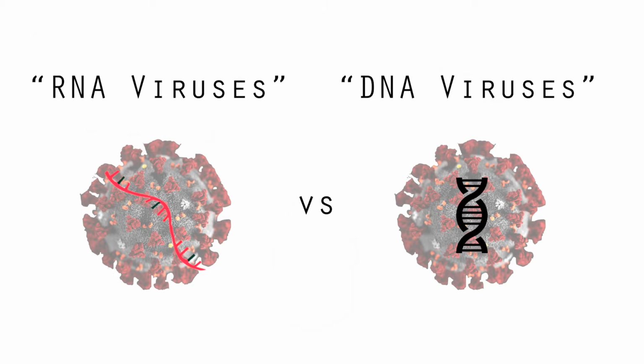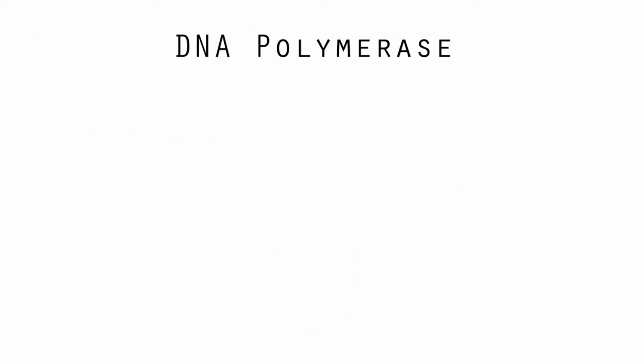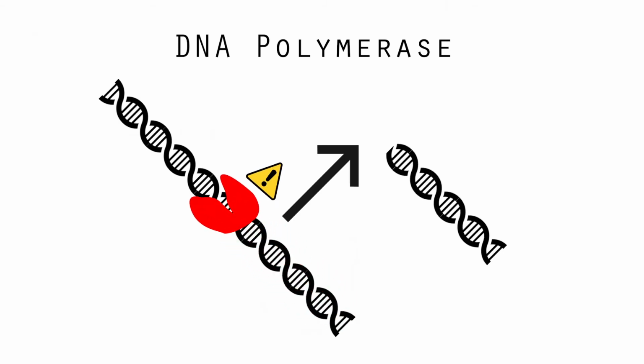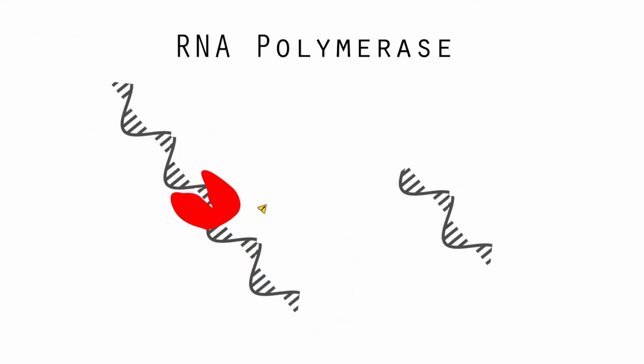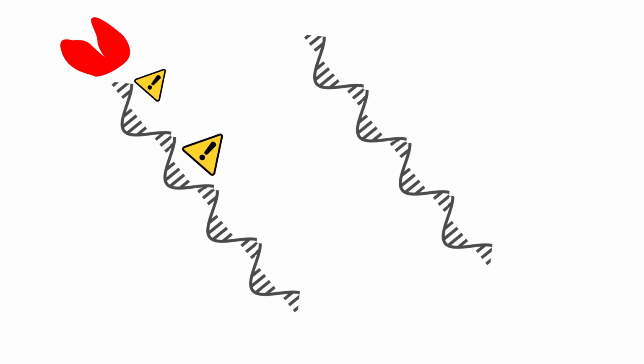Coronaviruses are also different from regular viruses because they are RNA viruses. RNA viruses, as opposed to their counterpart DNA viruses, mutate very often. This is because of something that happens during the process of replication. During replication, DNA viruses use an enzyme called DNA polymerase, which both replicates and edits the DNA. Meanwhile, RNA viruses use an enzyme called RNA polymerase, which only replicates the RNA. This means that RNA viruses are much more likely to make mistakes during replication than DNA viruses.